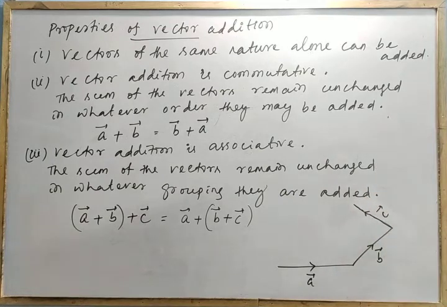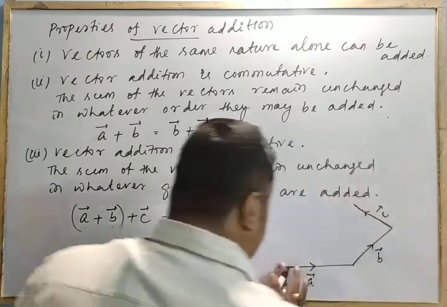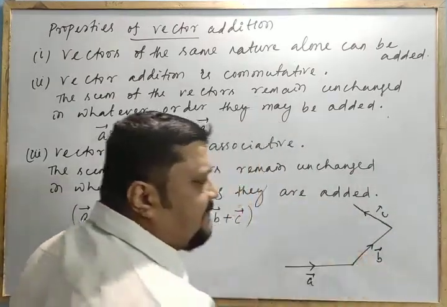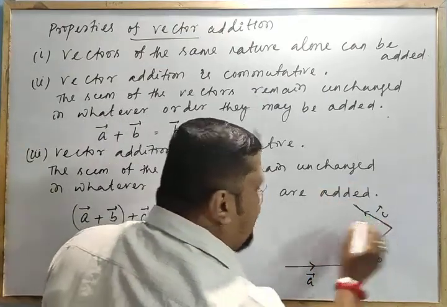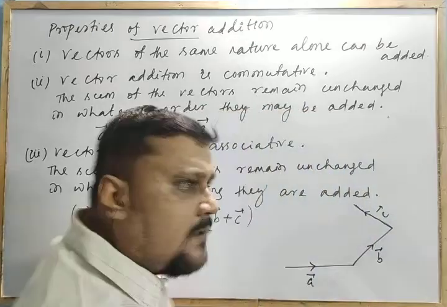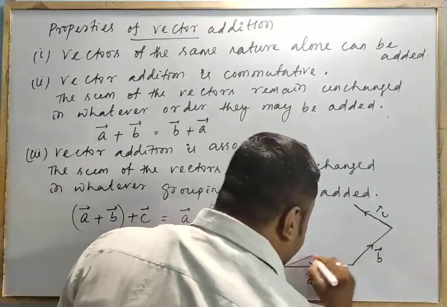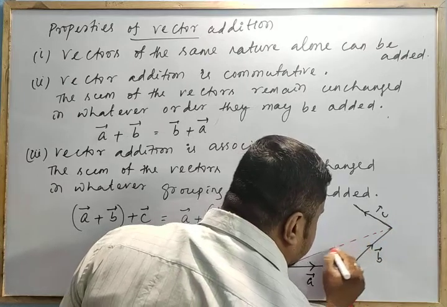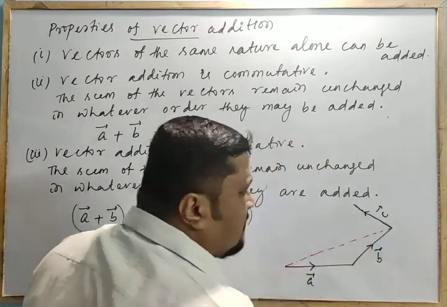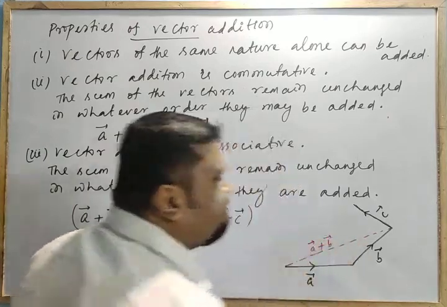Let the vectors be given like this. Clear? So first you find A plus B. Forget about C. First you do A plus B, first grouping A plus B. What is this A plus B? If you take a triangle with two sides, then this will be the opposing side like this. This is your A plus B.